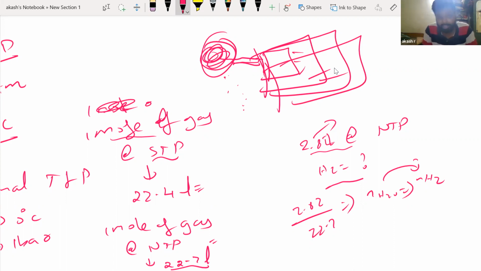Okay, understood. In the cylinder, the volume of H2 in the cylinder. Understood. And then we have to use PV by T is equal to constant. But if you do that, they are telling,